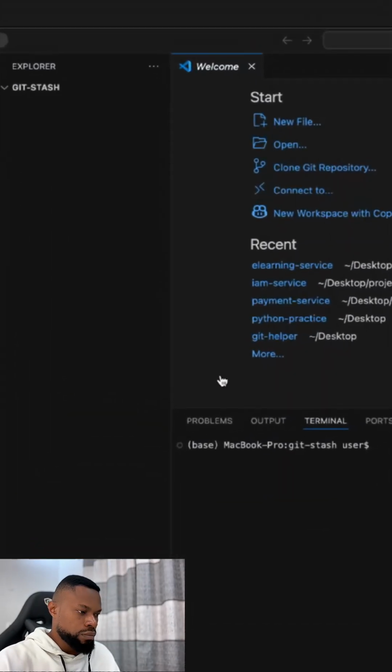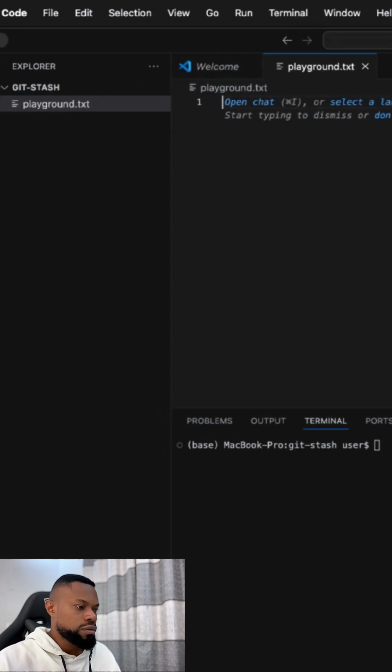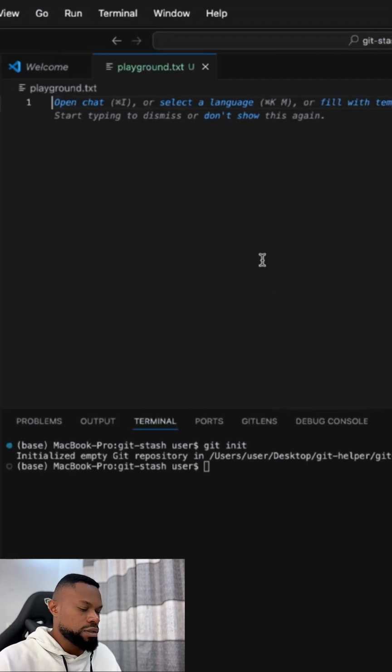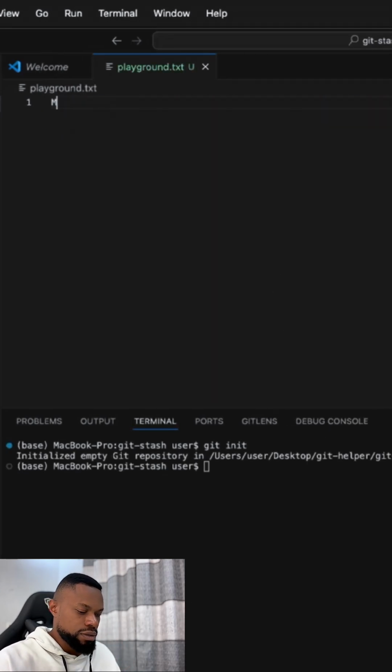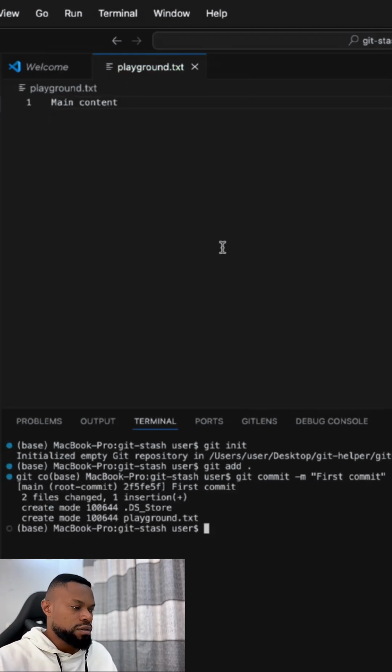Okay, alright, so here's how you can use git stash. So this is a folder, a plain folder. What I'll do is I'll just prepare a plain txt file. So let me initialize this using git, and then just say this is my main folder. So I'm going to say content, right? And then I'm going to add comments, right? And then so let's say I need to switch to a different branch